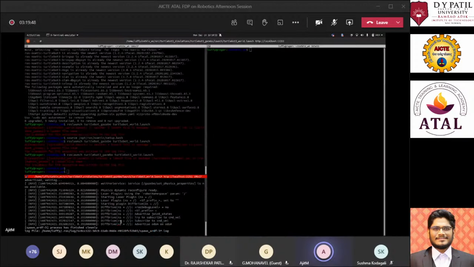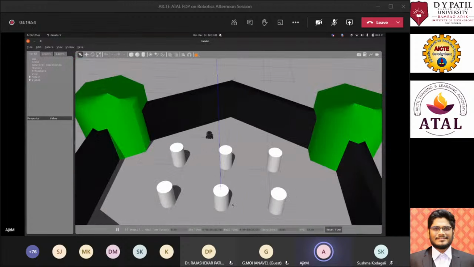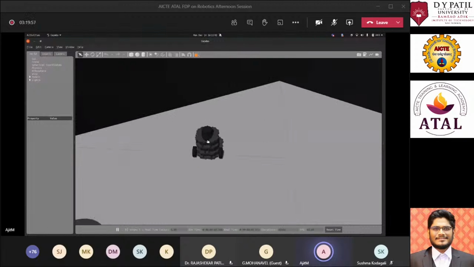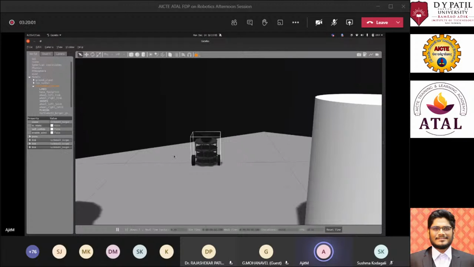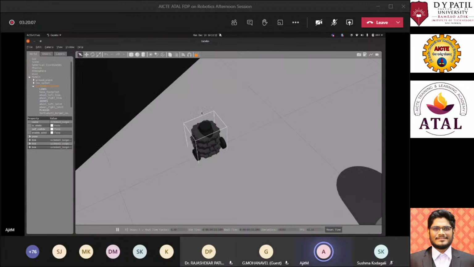And if you go back over here, you can see that they have started a Gazebo world, just like what we did prior. They have created a model of TurtleBot3. Now this model is called Burger, because of the three layers, and it is also a two-wheel differential drive with a lidar over it. So this is a 2D lidar.